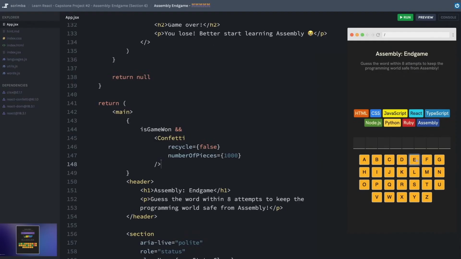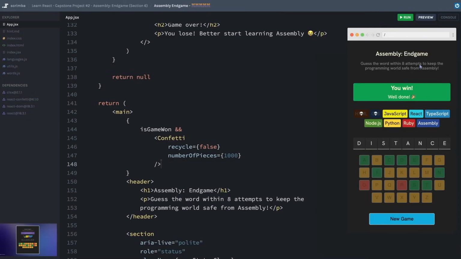Let's do our best to win this game. This would be a little anticlimactic if I lose now. Oh, I'm on a roll. Look at that. I think we need another vowel in here. Oh, yeah. Ooh, I think it's distance. Here we go. Before I click the N, it's going to be anticlimactic for you as the viewer because you're not going to be able to see the canvas elements of the confetti dropping, but I can tell you that it is awesome.